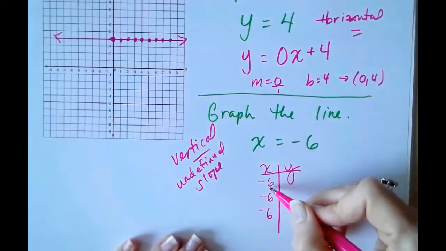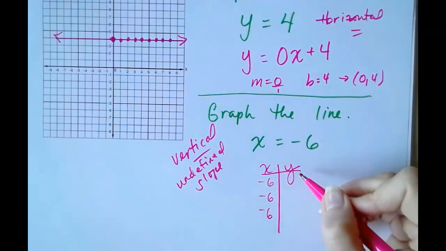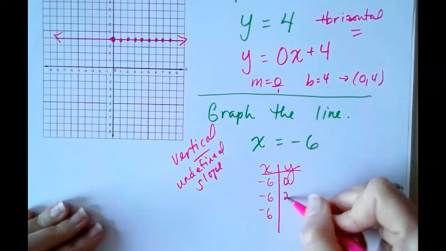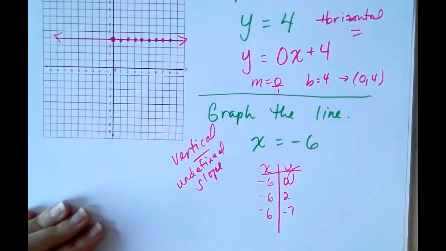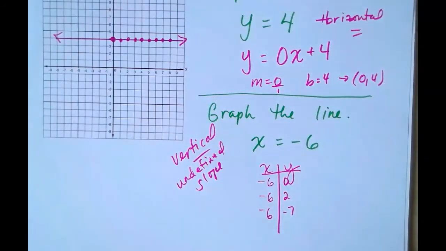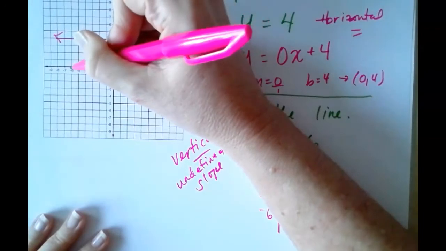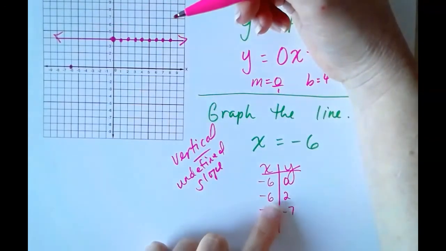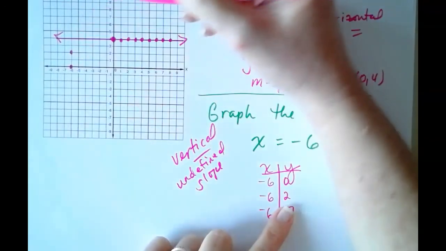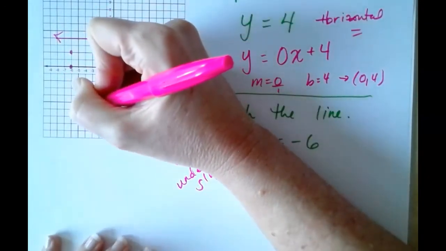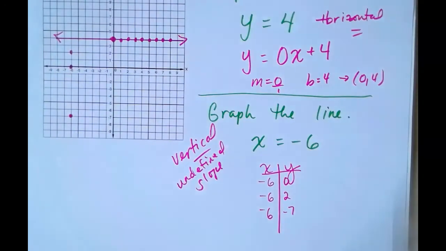So x is -6. There are no restrictions on the y-coordinates. So it could be 0, it could be 2, it could be -7. When I graph these points, back 6, up 0, back 6, up 2, back 6, down 7, we see a vertical line